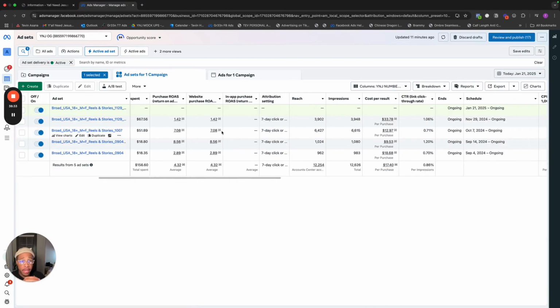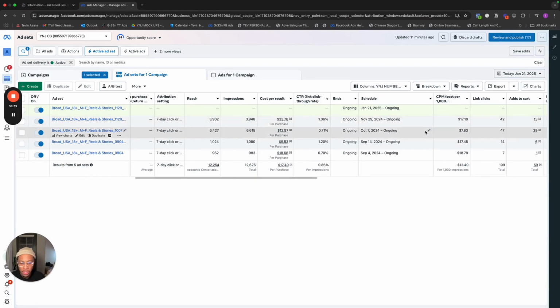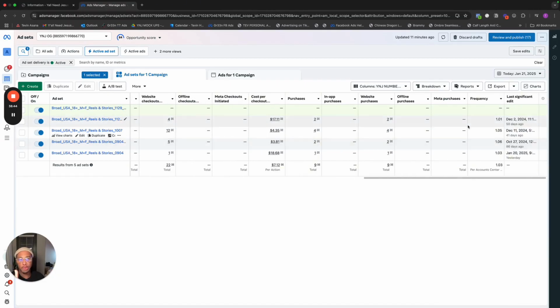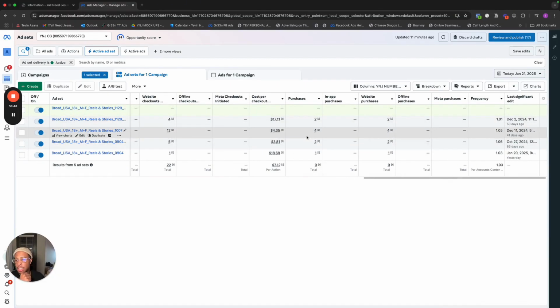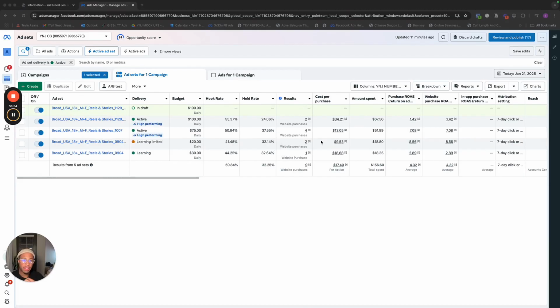Did the CPMs change, right, over the past few days? That's something I'm looking at before I actually scale. And then hook rate, hold rate, and once again, frequency. Is the frequency low? If it's up to 2 and I'm not getting purchases, time to either cut that ad off or refresh it. Now, say everything checks out. Say this ad checked off all the boxes I just named. I would want to scale it